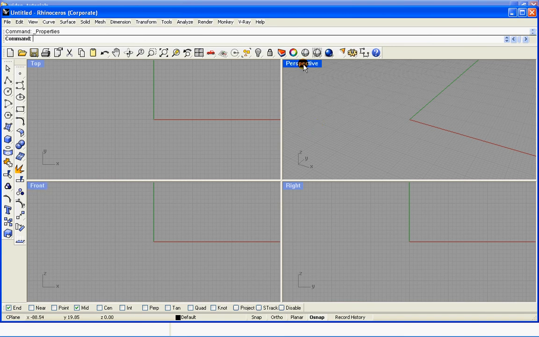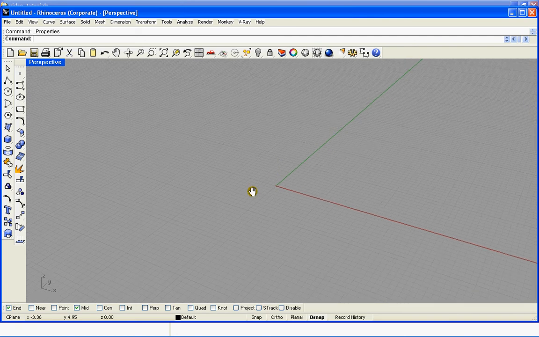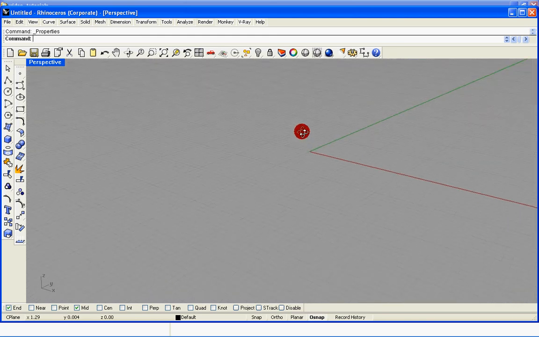The way of moving along, for example in perspective, is by shifting and right clicking to enable pan, and you can also use pan from the button. There are always 3 or 4 ways to do the same thing, so don't get nervous seeing so much information at the beginning. You can also right click with the mouse to change the perspective,